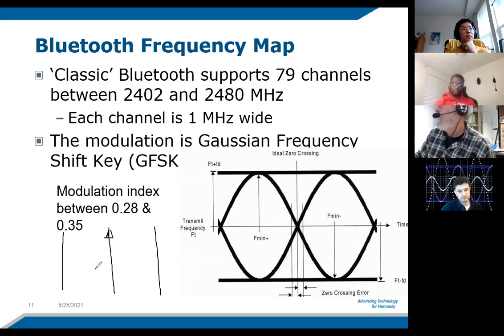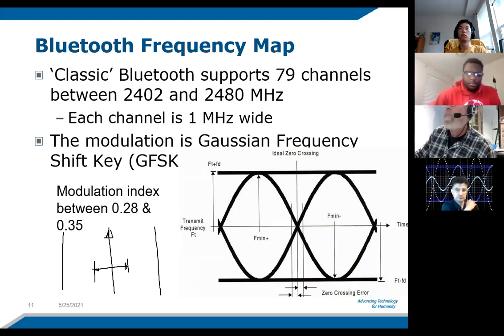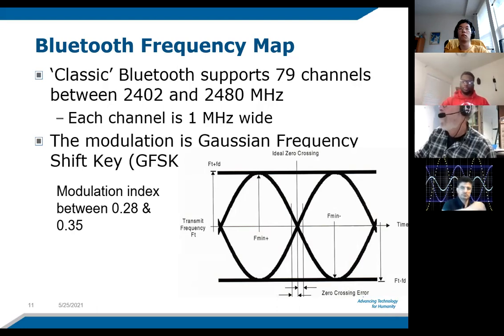So let's suppose one frequency is up 30% and the other frequency is down 30%. So we'll send at one of these two frequencies. This is what it looks like in time. This is what it looks like in frequency. And then the receiver has to be able to demodulate and tell apart these two frequencies. Does that make sense so far? Anybody? Okay, so I'm going to clear that drawing and stop annotating.